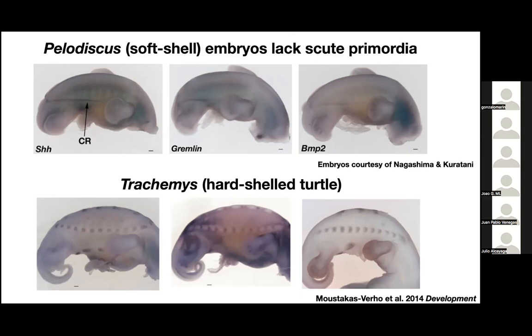And this is maybe not so surprising, but it's interesting to see that along this shell primordium, this carapacial ridge, instead you have a line of expression of these molecules. So the expression is there, but it doesn't actually get this kind of periodicity, this kind of patterning in the signaling centers. So a question there is, how did this come to be? Because presumably the scutes were lost in this lineage. So how was scute development more or less suppressed?